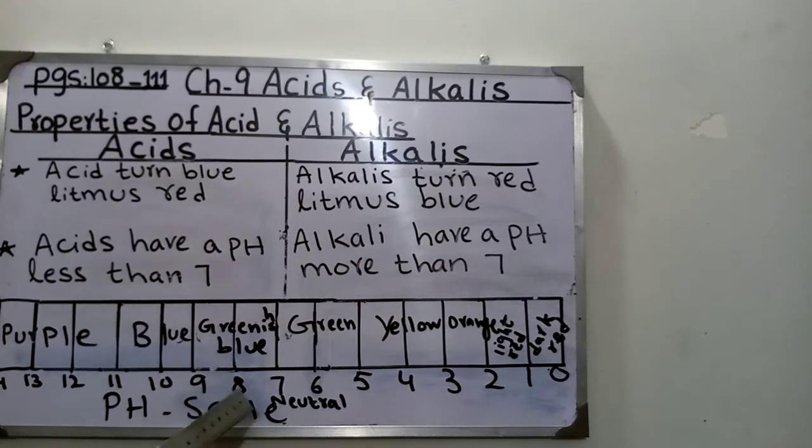Then on the other hand, alkali starts from 8, 9, 10 as a weak alkali. 11, 12, 13, 14 is a strong alkali. Strong alkali means alkali has a pH more than 7. जो 7 से ज़्यादा होगा, that is an alkali. And strong alkali, जिसका color when it turns red color into purple or blue, it shows that it is a strong alkali. So these are the properties of alkali.